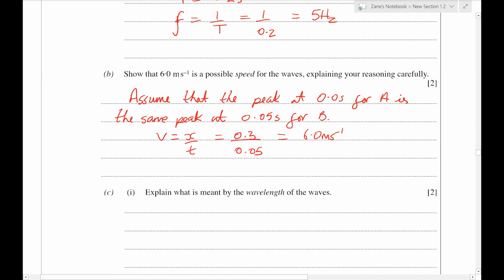Next, we've got to explain what's meant by the wavelength of a wave. Now at GCSE, most people would define the wavelength of the wave as a distance between two peaks or two troughs or something along those lines. But for A level, we're a little bit more precise. What we're going to say is that the wavelength is the distance between